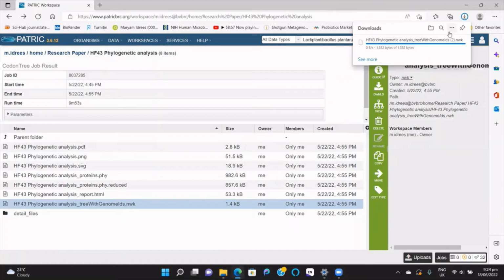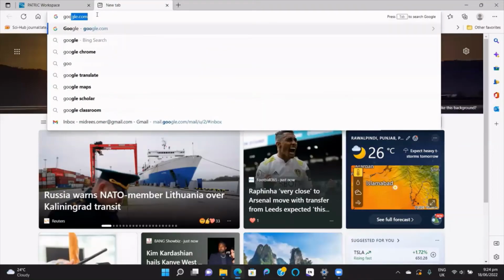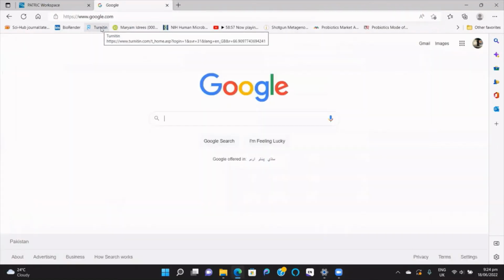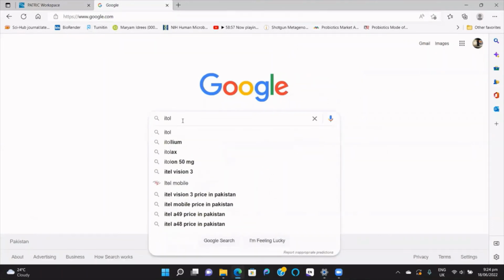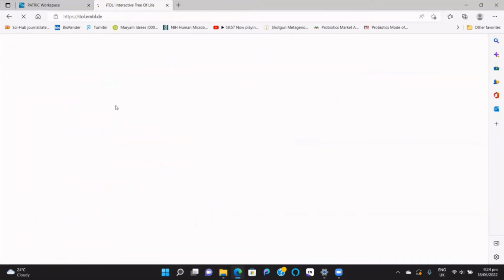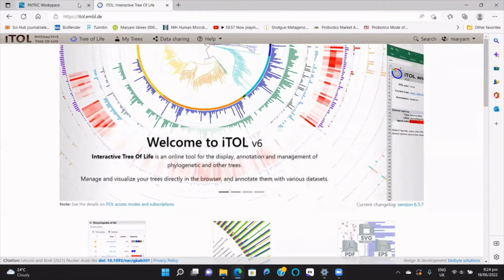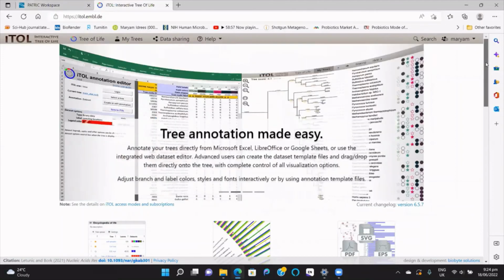Once you have the downloaded file, I need you to go to Google again and search for iTOL. There, you got it. So now you have to click on it. Again, you have to make an account over here, just like you did for Patrick. You will make an account over here and you will just upload the Newick file that you just downloaded from